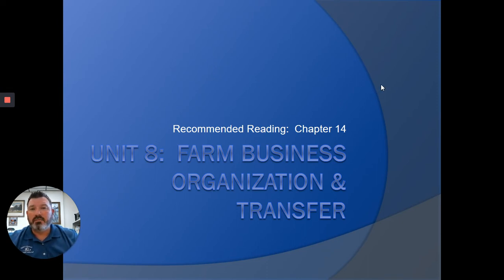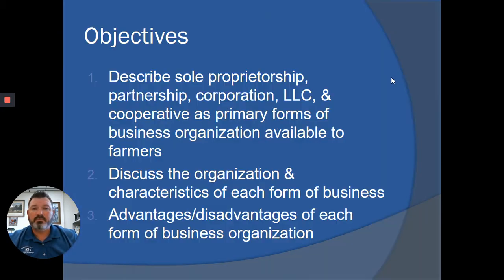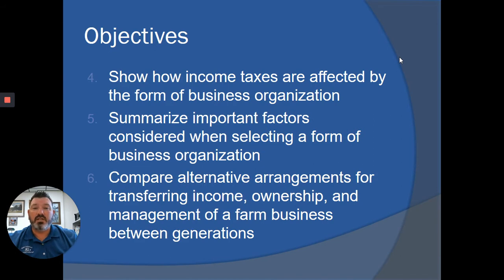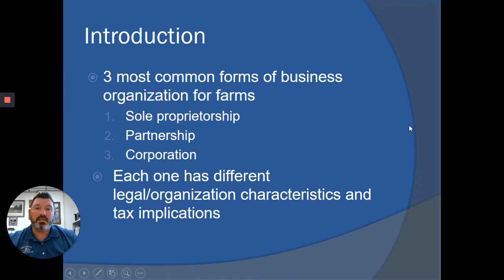Let's get into our content, but I believe we're going to break this up into a 3-segment lecture so they don't get too long on us. Obviously, you all can read the objectives. We're going to talk about the options that we have with regard to farm business organization. Then, as we get to the end of the lecture, we'll talk about transferring that farm business from one generation to the next. An underlying theme of this whole lecture is going to be taxation and how it affects the farm business and what you can do from that standpoint, and liability as well.